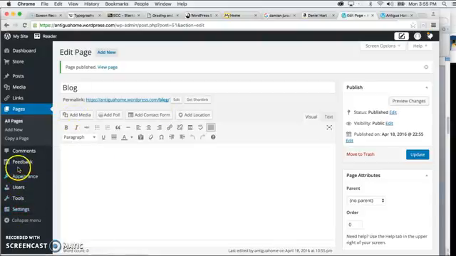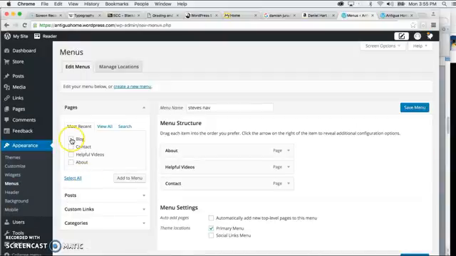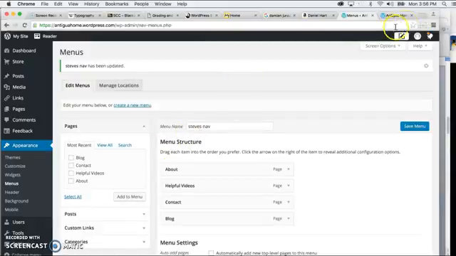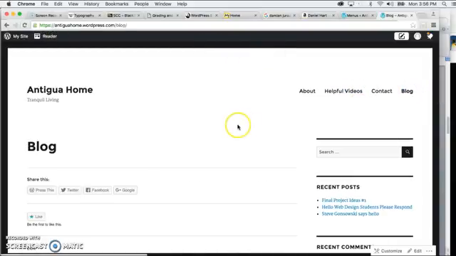And then we'll go back into the menu under Appearance. We'll add blog by checking it and clicking Add to Menu. There it is. We'll save the menu. And as soon as that's saved, we'll go in and check the front end of the website, refresh the browser, and there's blog. And if we click on that,